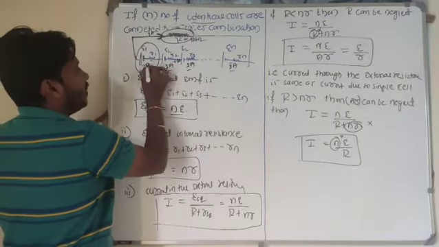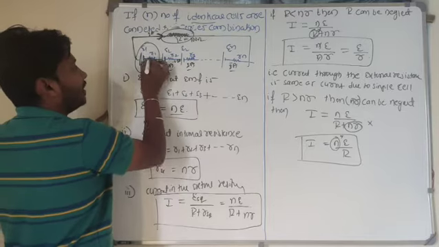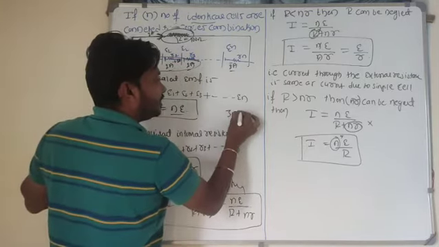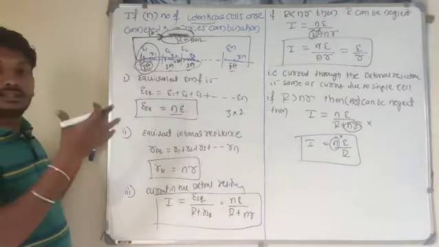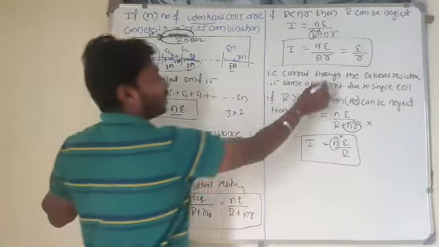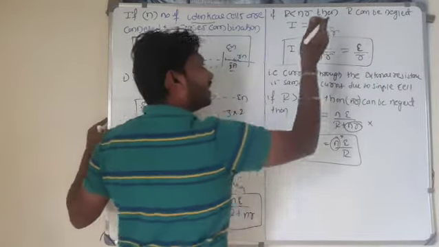So single cell, how much current does it produce here? 2 ampere. How many cells are there? For example, 3 cells are there. 3 into 2 I can consider, so that is nothing but 6 here. So if that external resistance is less, means what? So it is equal to the single cell only.